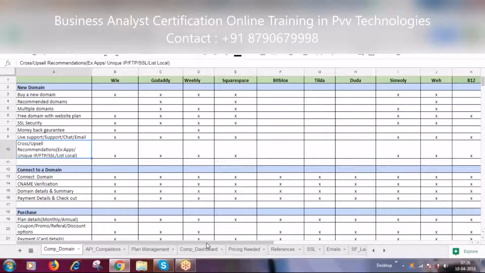So I was speaking about the agile process of product development. All this particular screen that you see here, the Excel, is a simple research made when your management team says that we need a product to be launched on this particular criteria, with a single line of requirement they will give. So from there we need to build the requirement. That particular phase we call the discovery phase of any product.